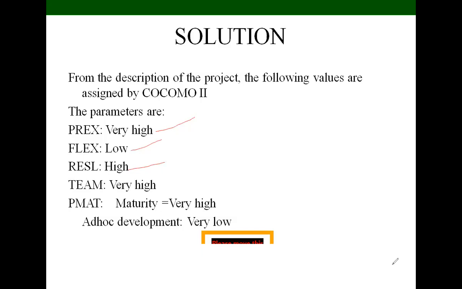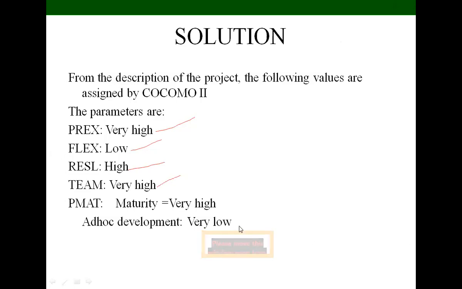So we have to choose that values by COCOMO 2 table value. Next we have team. So here team, this reflects to the degree where there is a large and dispersed team perhaps in several countries. So the large team, the higher exponential driver value. So for constructing this project, we have to make the larger team. So we are taking very high to construct this because we have to maintain either student point of view and also university point of view and also faculty point of view, and also we have to maintain management point of view. So we are taking here team very high.